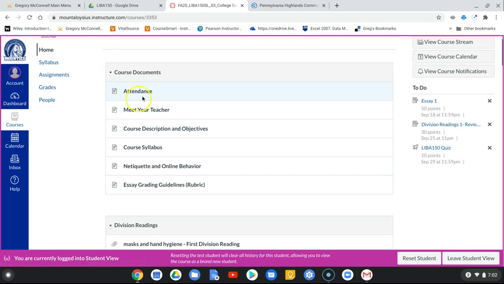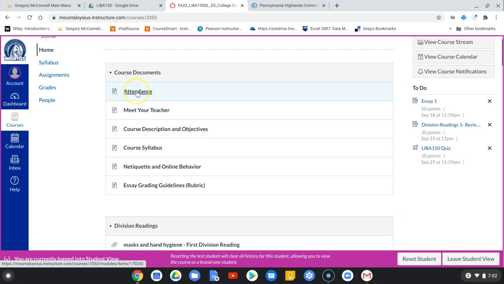This top area is what we'll use to take attendance. There's a little bit of information about me and my belief about communication in here as well. Course description and objectives are listed here in this link, and this is the course syllabus here. Different than this link over here in the left menu area. This is the actual syllabus itself. This one over here is